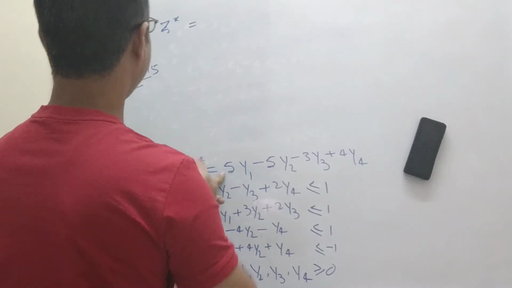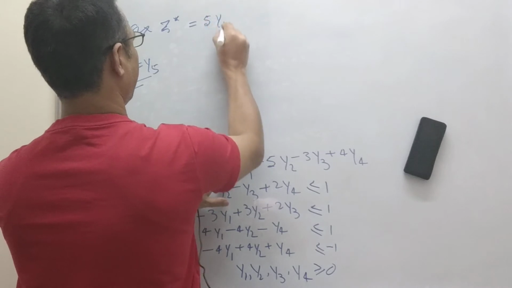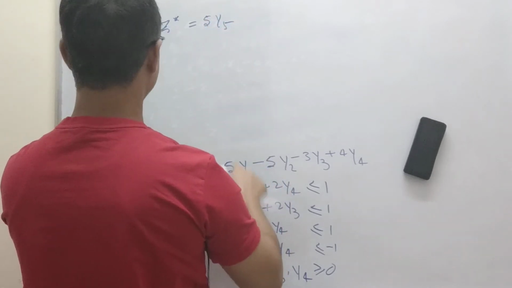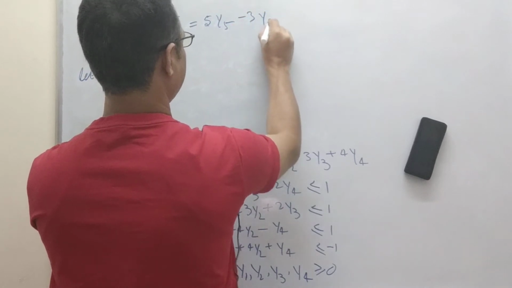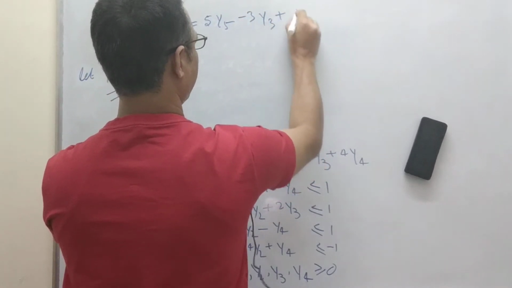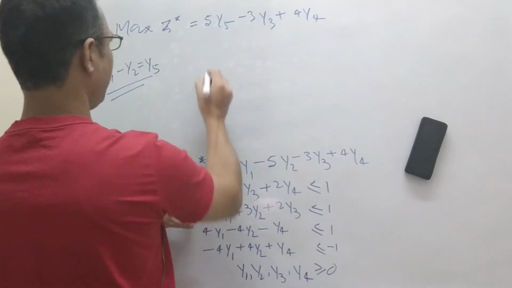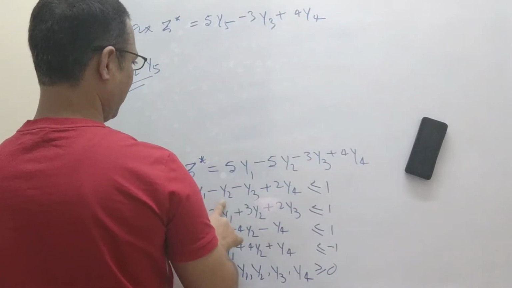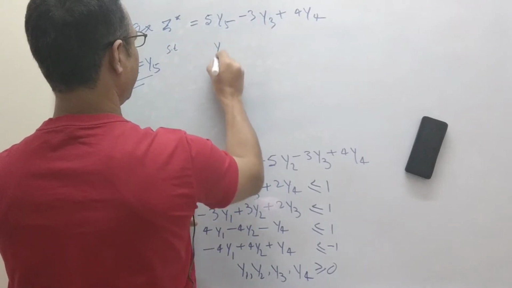So we can write directly here max z equals 5 y5 minus 3 y3 plus 4 y4. Now y1 minus y2 can be replaced in the constraints,